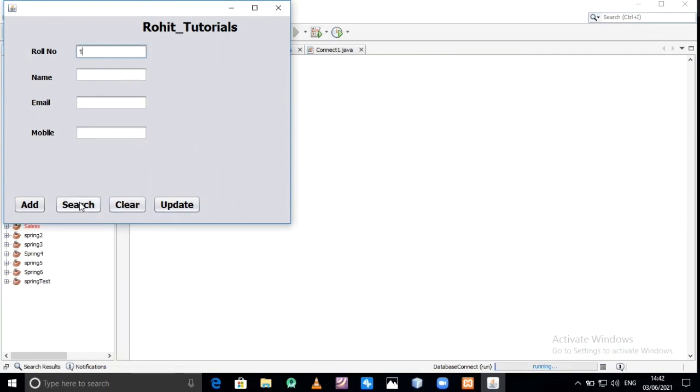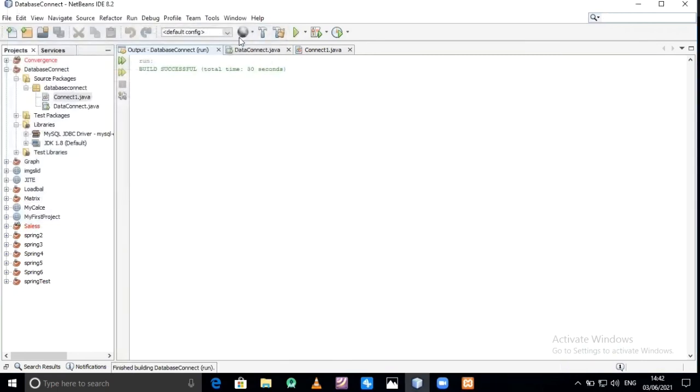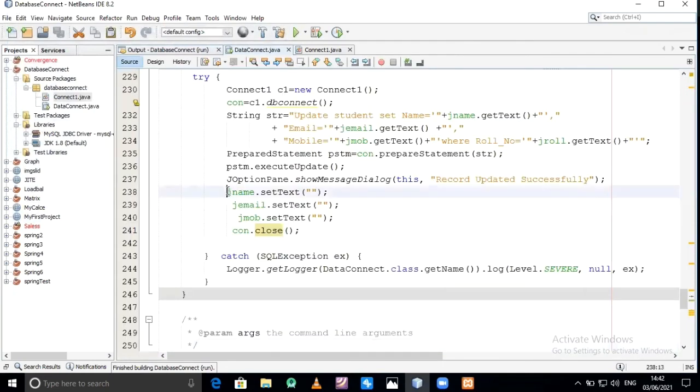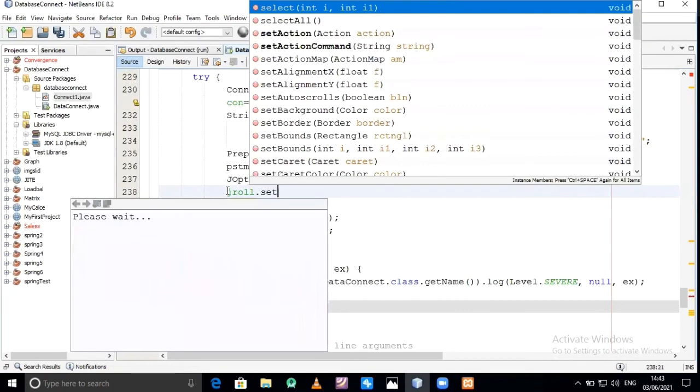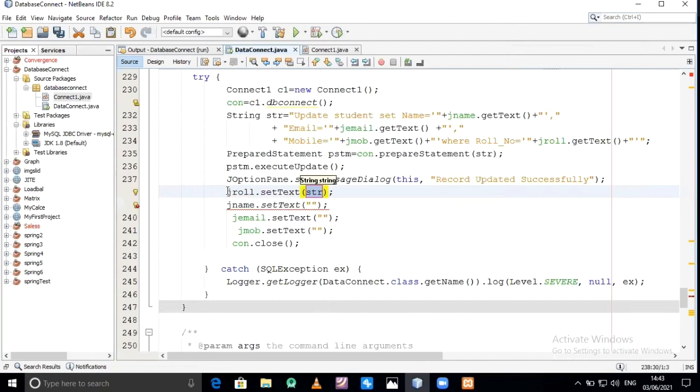Whether our record is updated or not, just check. Yes, Rohit tutorial is updated. Clear all. Only I need to give jroll.setText. Okay, that's all.